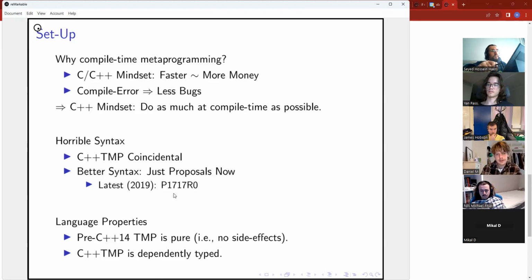The other thing that I need to tell you, and I think this is something I have already told you a number of times, is that C++ template metaprogramming is like a language of its own, even though it was never planned to be that. It's like a language of its own within the language C++, that by coincidence is pure, and it's dependently typed, right? We have seen most of what I just told you, but we're now going to see more.